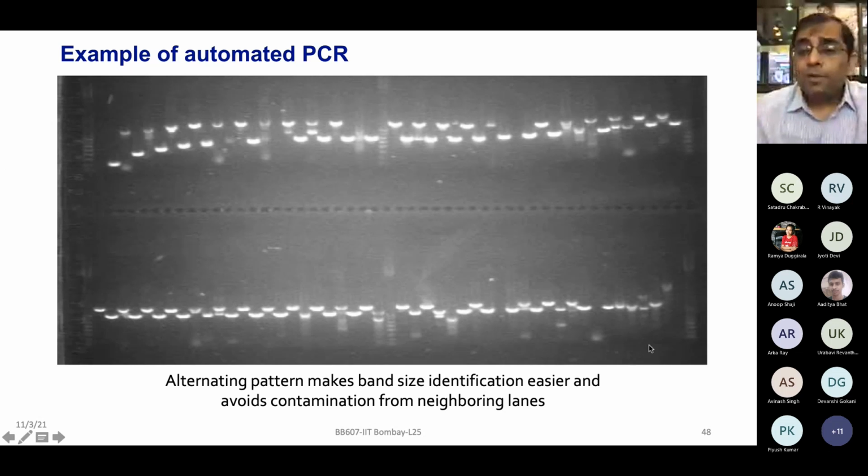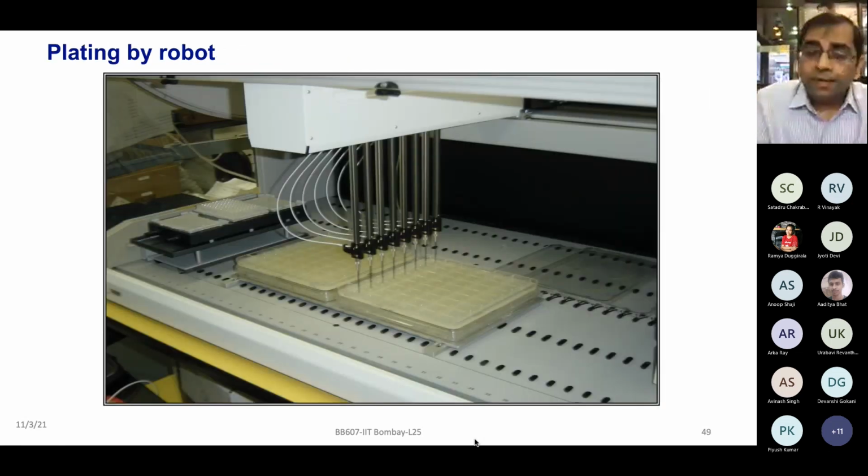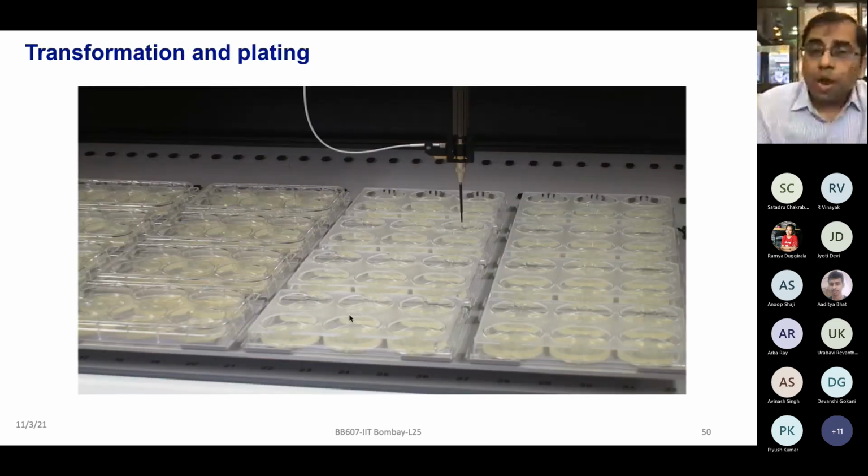So very quickly now you are able to visualize that you have these 192 genes of interest, and whether you have got good quality of DNA, and they're ready for the printing. Again, everything when you are doing the cloning work or you are picking the colony, all of that could be automated. All of that is actually being automated.